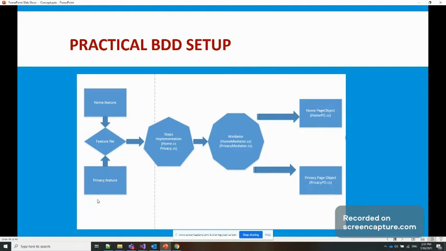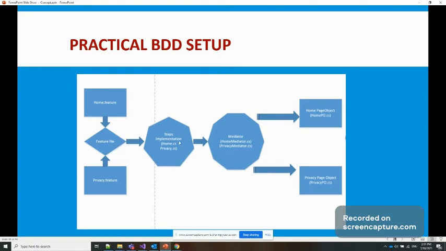So here you can see this is a clear segregation, as we are creating the feature files page-wise. So it's easy to identify, like if any new team member, or any KTs we are going to give to another team or team member, they can also correlate the things, like how the things are going on.